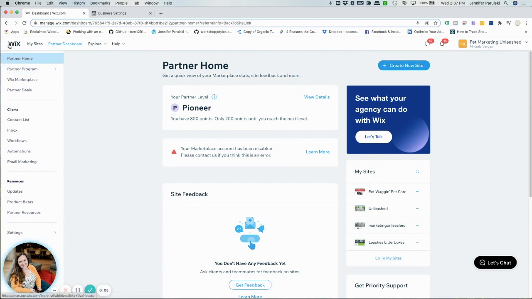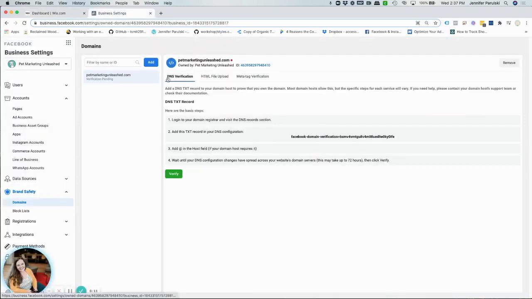Now, if you don't have a Wix site, like let's say you have a Shopify website or some other platform, all of these platforms have very easy ways that we can go ahead and do the DNS verification or the meta tag verification. Sometimes HTML requires a little bit more experience, but these 2 options are pretty easy to do. Like I said, back end, most of them have just a spot where you can copy and paste that meta tag and the DNS. So I'm actually going to go ahead and just show you how to do the DNS